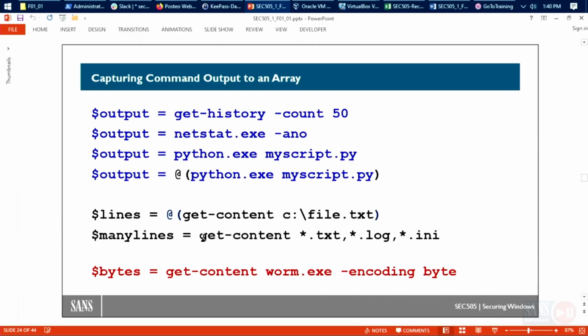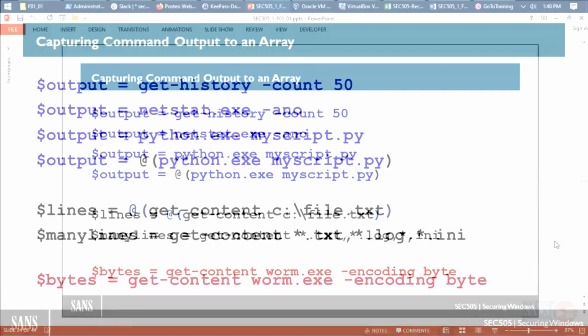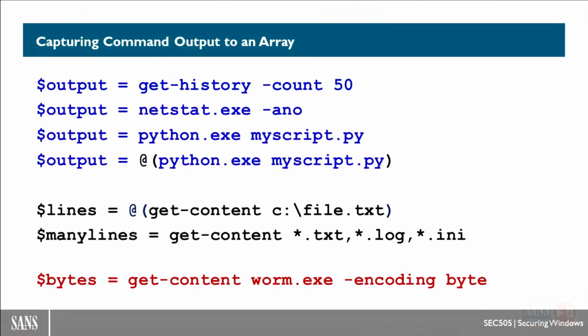Get-Content, by the way, is a very handy tool. You can do tricks like this. You can do Get-Content *.txt *.log *.ini. And let's imagine that expands or maps to 400 files in the present directory. Well, Get-Content will read all 400 of those files and create one gigantic array of all the lines from all